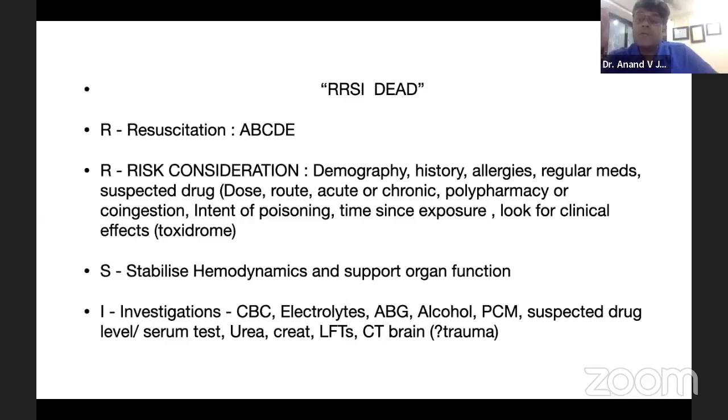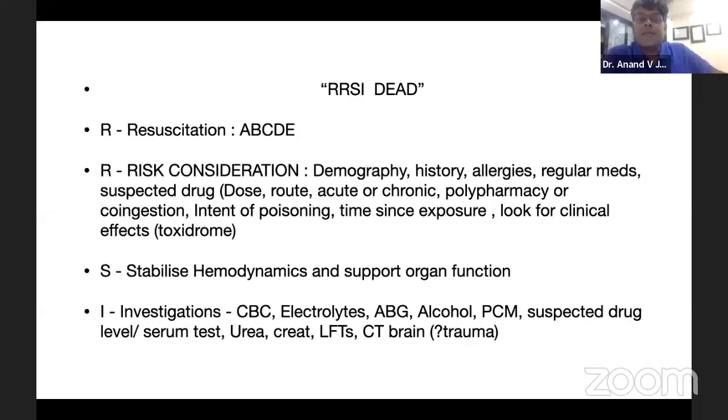Age group of the patient is also important. Accessibility: is the person working in a pharmacy, in a pharmaceutical company, in a hospital, is he a nurse or a ward boy, or is the patient not related to pharmacy? What is the access to these drugs? Those things should rapidly go through your mind along with the history. Allergy is also important. One person knows that he has an allergy to this drug, he consumes those things, he wants to commit suicide. That is also